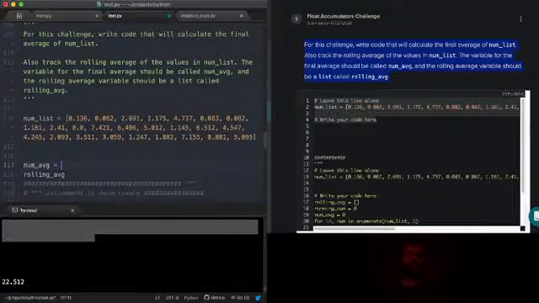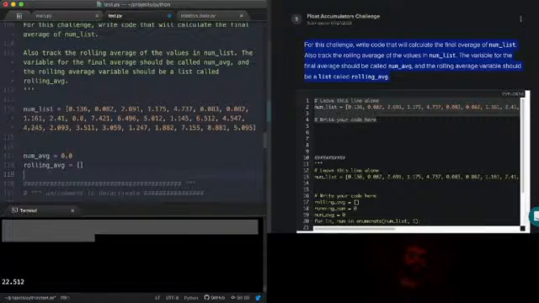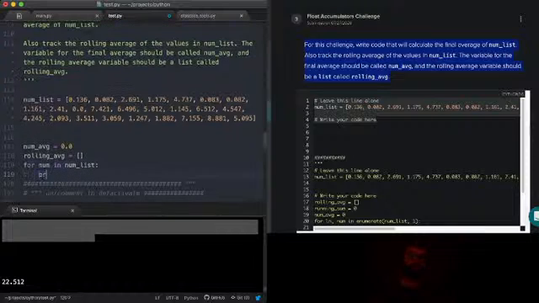So numaverage is going to be, really, I think we can just do sum, no, they don't want us to do it that way. We'll just start it at 0.0, and we'll just start this as a list. Good. And we'll say for num in numList, print num. What are we going to do? We're going to say num avg plus equals